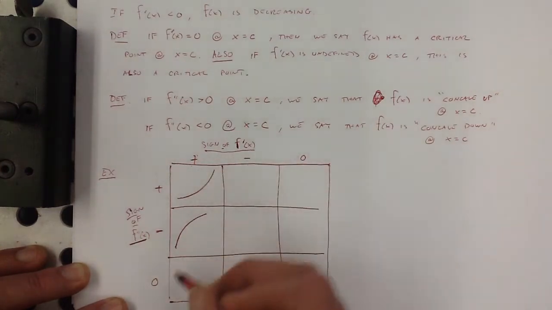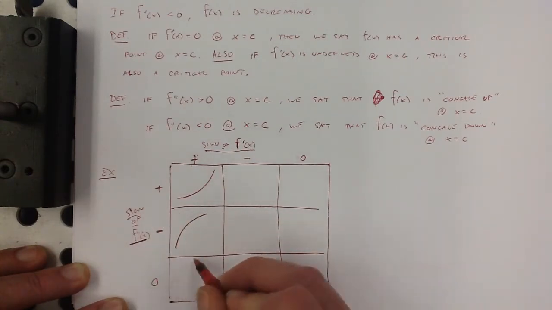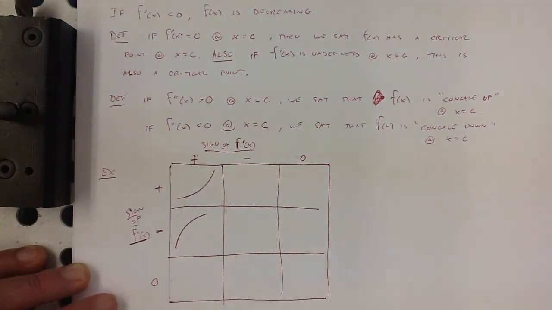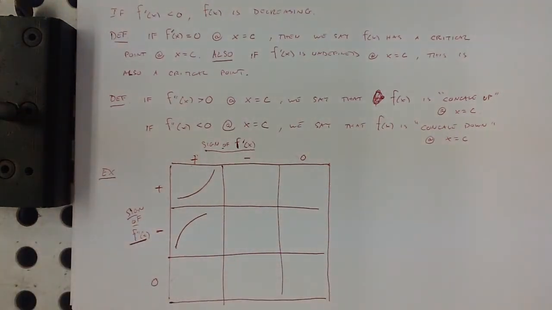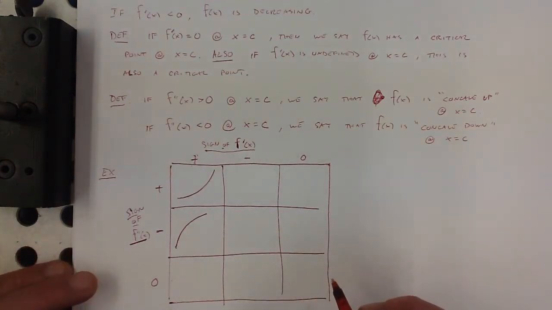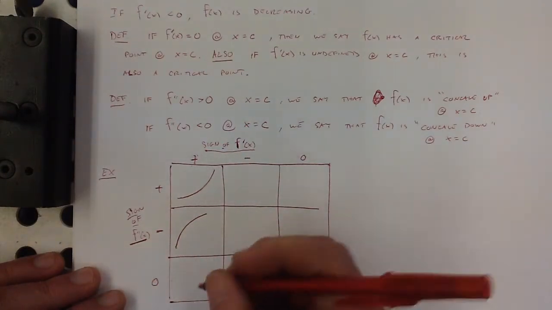Well, if it's increasing and its second derivative is 0, it could be a straight line, right? Because that has no bend to it at all. The second derivative of that would be 0. The slope's not changing at all. But maybe more interestingly, we could find a function where it's increasing and then just for a minute,